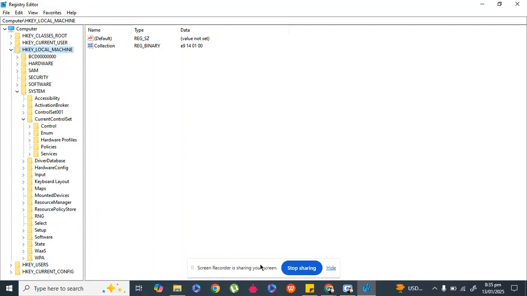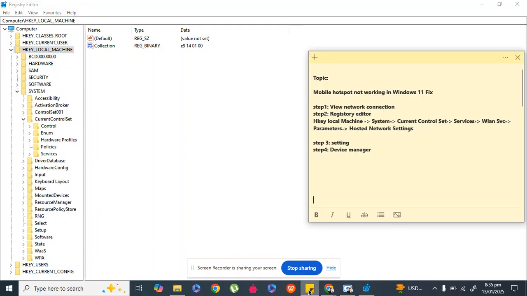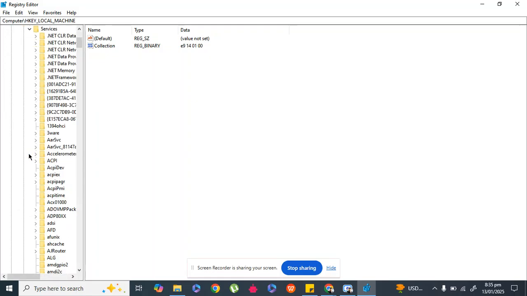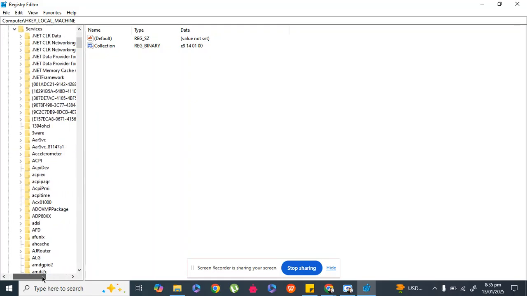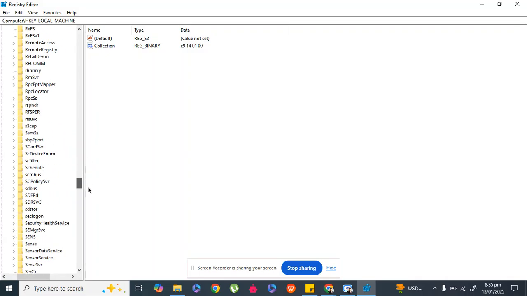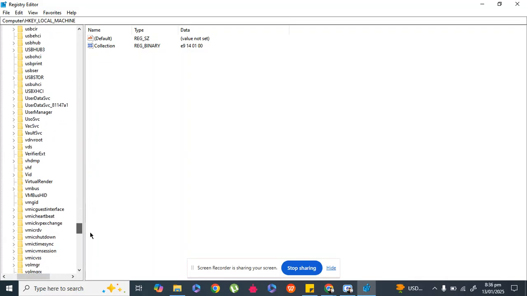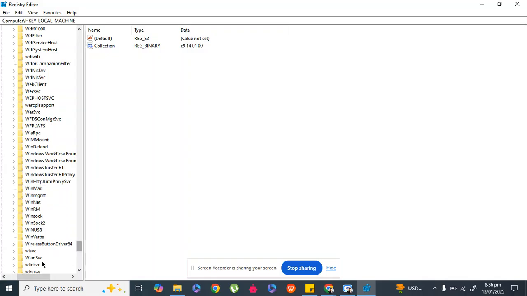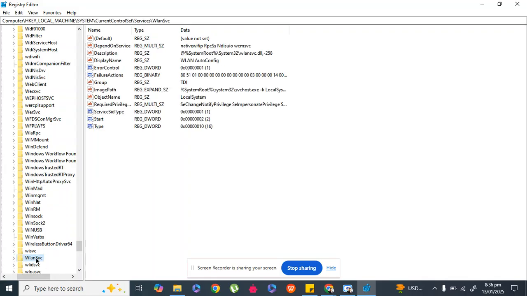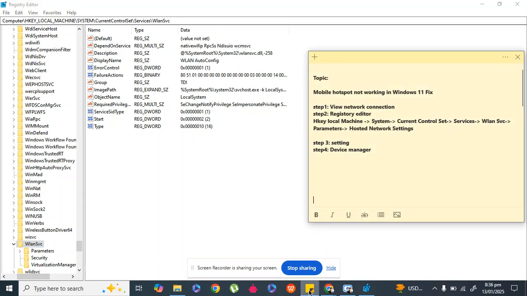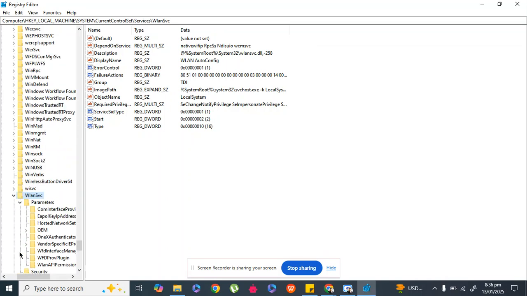Here it is, and in CurrentControlSet I have to go to Services, then here it is, Services, and then I have to go to WLAN. I have to just drag it down to the W section. Here it is, WLANSVC. I have to drag it down a little bit, and then you have to follow this Parameters option,